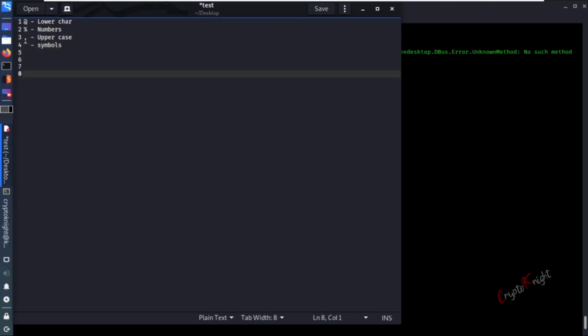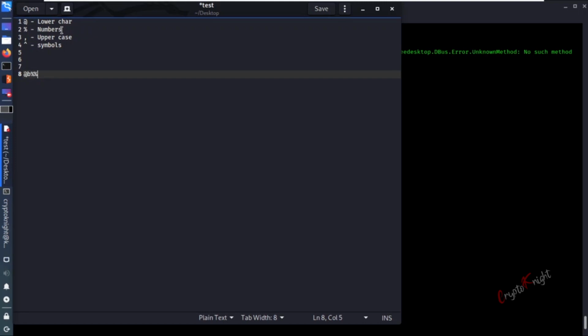Now let's say I tell you I need the permutations and combinations of all words which have 5 letters in which the second letter is a B, and third and fourth letters are numbers. And what about the first letter? The first letter is a lowercase character. So we will give @ because @ means lower case character.